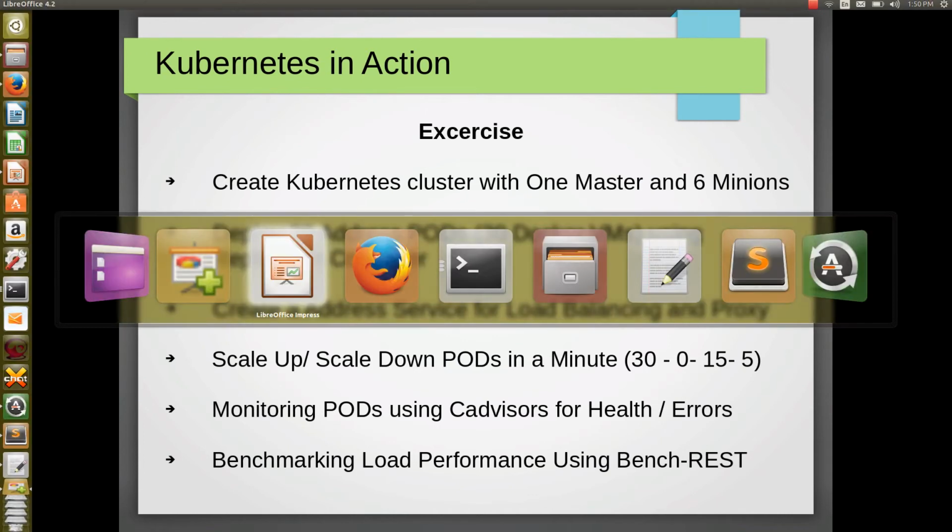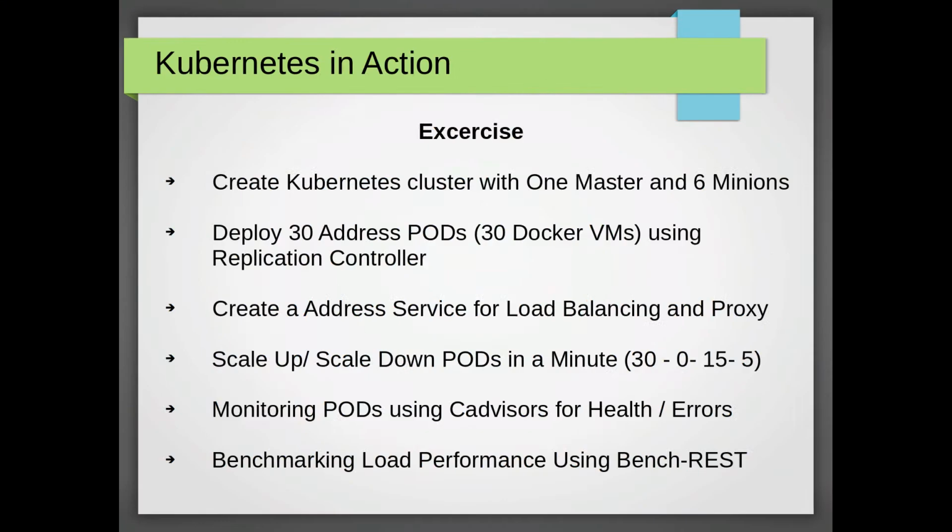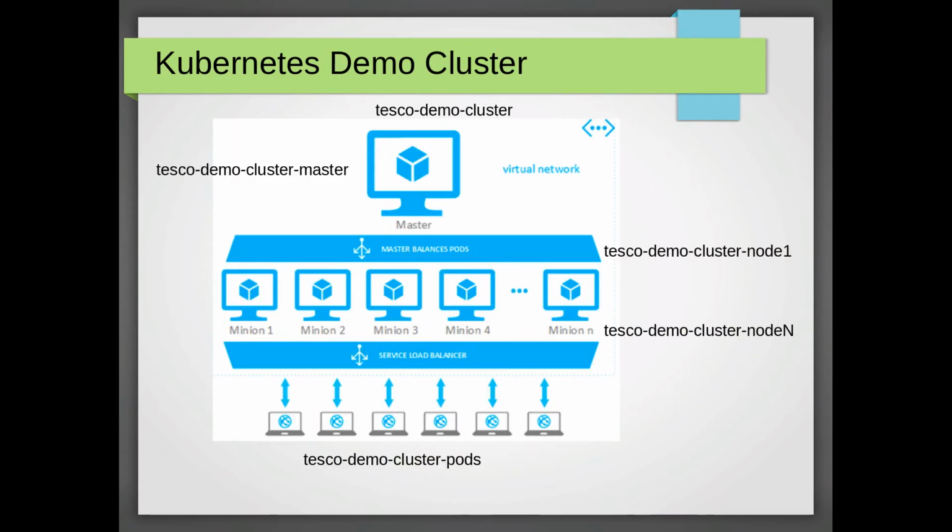If you see this diagram, every minion is hosted with cAdvisor by default. cAdvisor opens port 4194 by default on every minion. This is what sends the health information to the masters. It is a very important component which does the monitoring: what the clusters are, what containers are running, what the health is, what requests they are getting, what throughput they are giving, and what errors they are getting. Everything is monitored by cAdvisor.